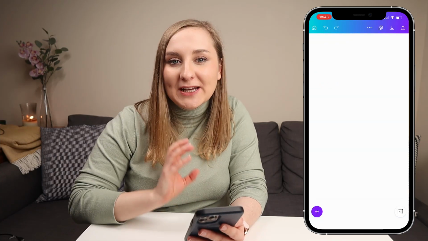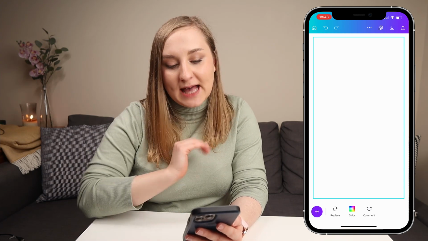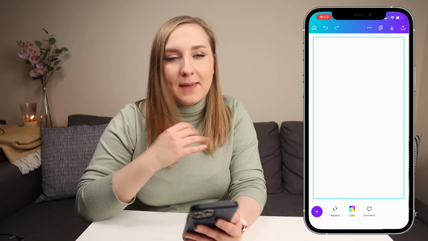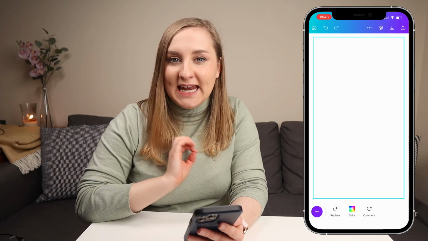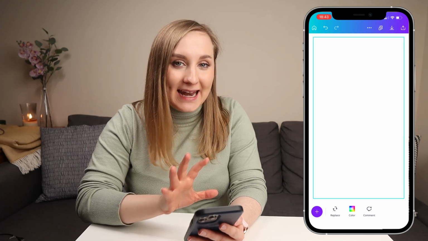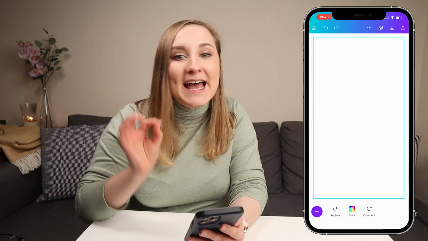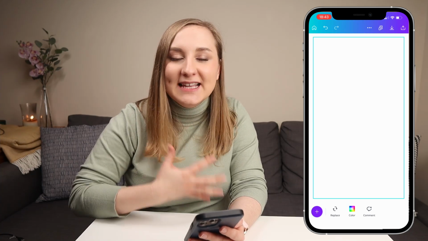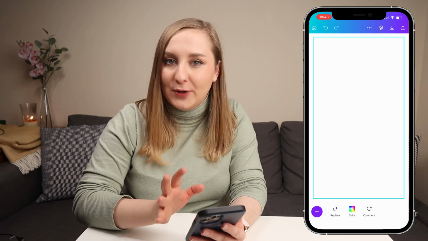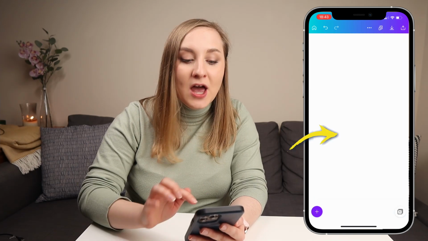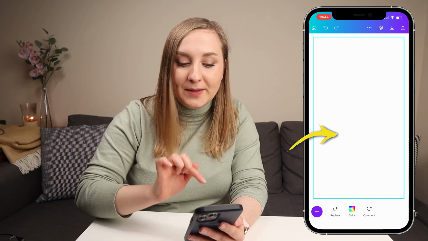Now, I want to start by changing the backdrop of my design. And the reason for that is because I want something blank, something maybe with a bit of texture to showcase anything that I'm adding. If I'm using any IG stickers, if I'm adding some questions to it, if I'm playing some fun games with my audience, this is what I need. I just need something plain so that it doesn't really compete with anything that I'm putting on the screen. So in order to do that, you need to tap on that background, and immediately a blue line will appear around it.